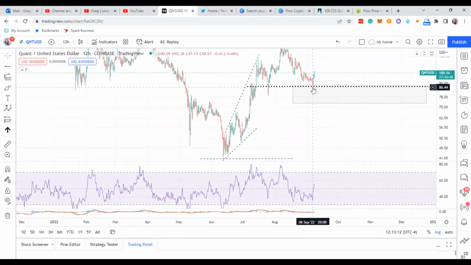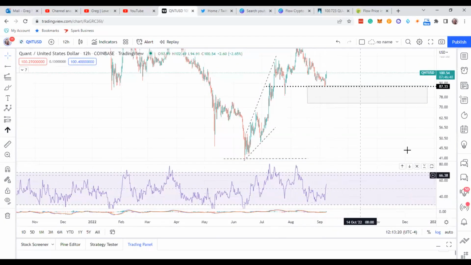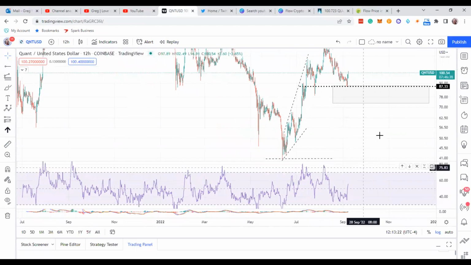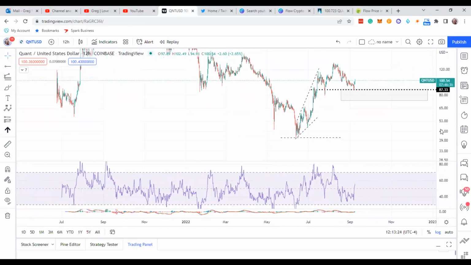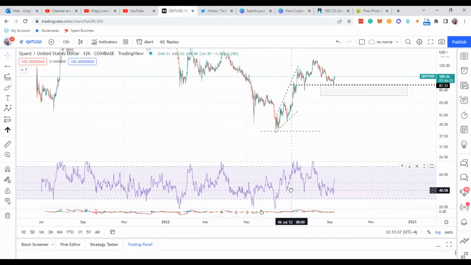It hit exactly right on the nose my target. I was pretty good with that. You can see in the RSI, this 12-hour chart, it came down, and it did slow down into the area right here. The other good thing about Quant, just taking a look at the 12-hour RSI, whether it ended there or there, it could have come down, but you can see with this peak, and what it did over here, is it came down and took almost everything out here on the 12-hour RSI.